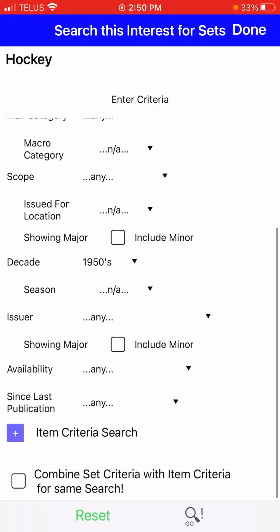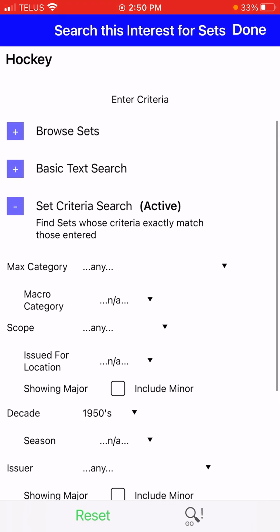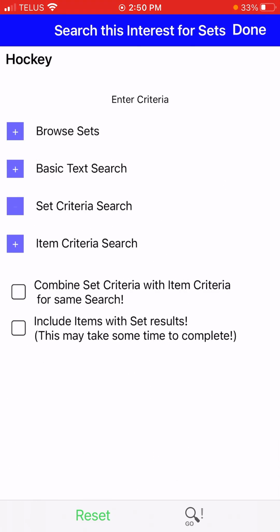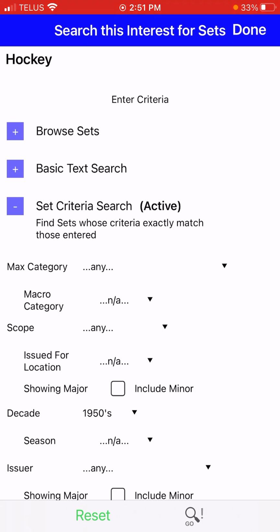And so here, I want the items brought back, and I also want you to combine criteria from both the set and the item criteria matches. That's so that the system will pick up from both of these things here, because I specified some of them here, some of them elsewhere. So now I'm going to say go,